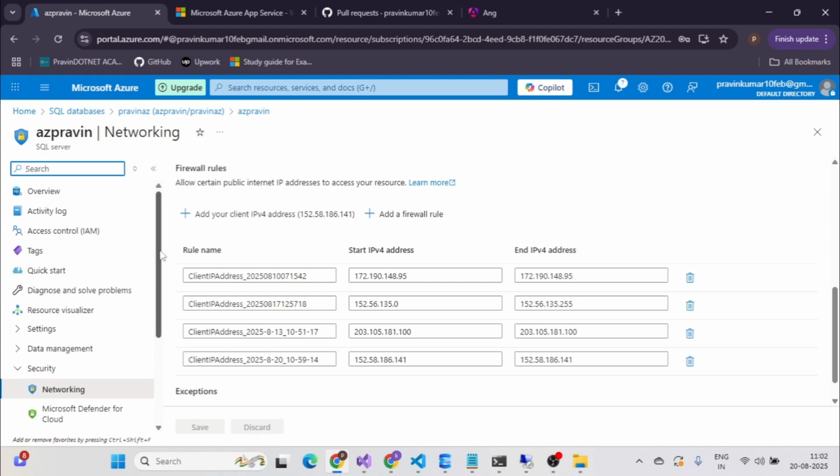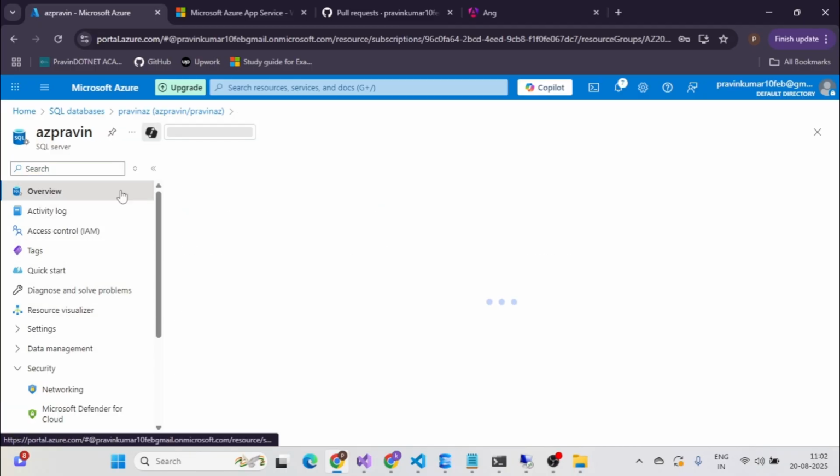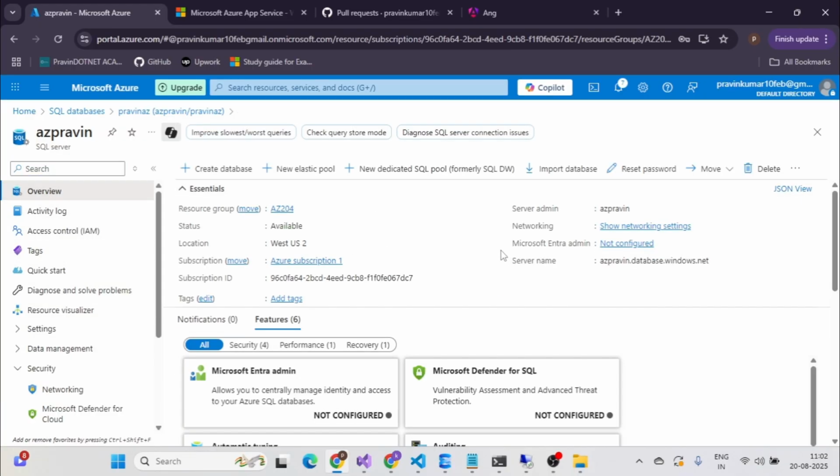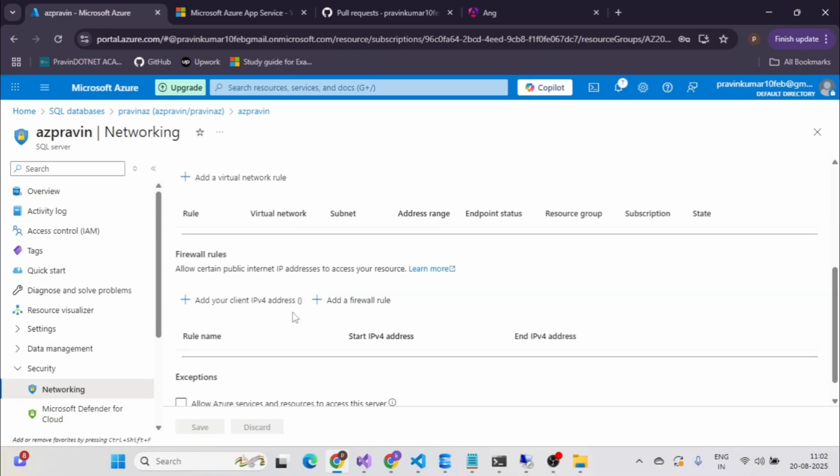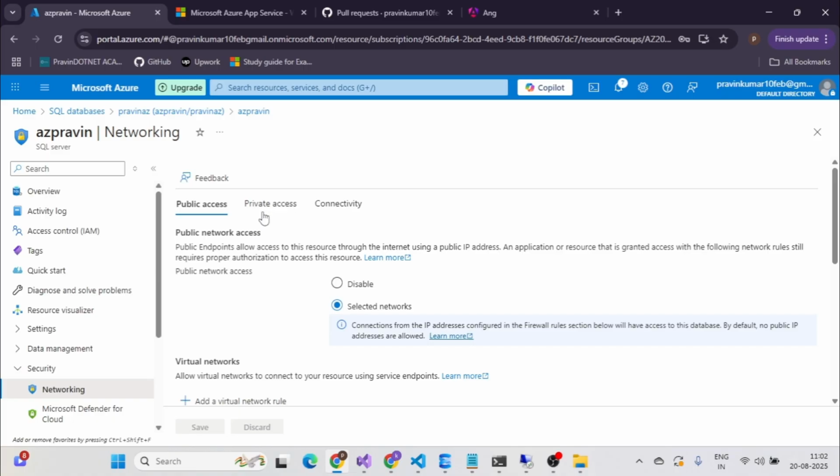And also one main thing is here, go to overview and see, this is a connection string. Connection, where is the connection